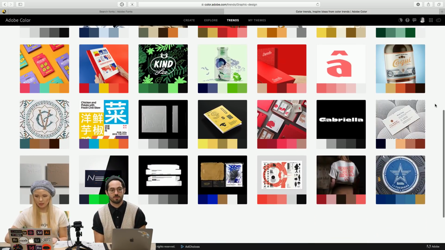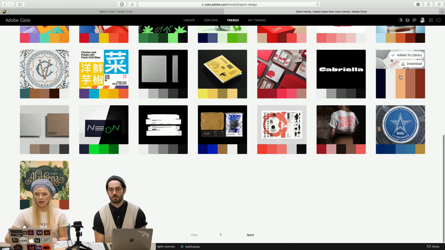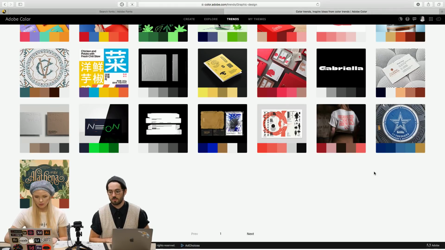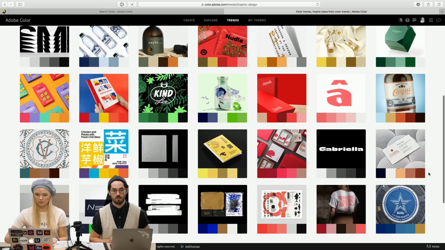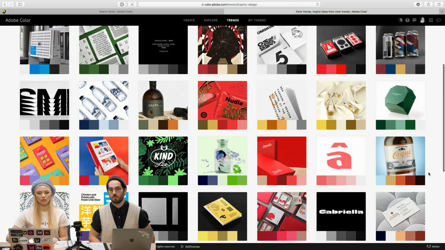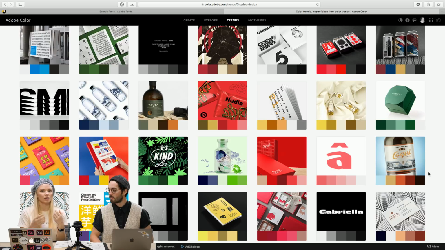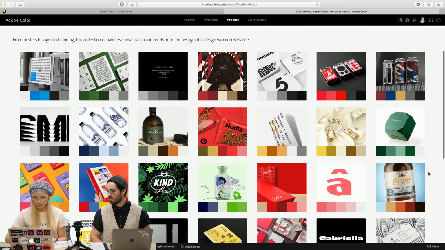And we can see different color palettes that we can make use of. I think I've added this one to the library already, which is really cool. My idea was to bring a darker blue color combined with rosy colors. It can be a very light beige or a light pink, or it can be a light red that has a little bit more white touch in it. So that was the idea.